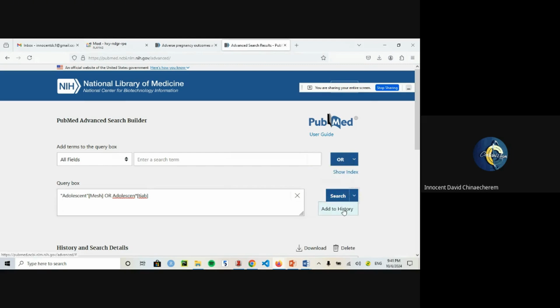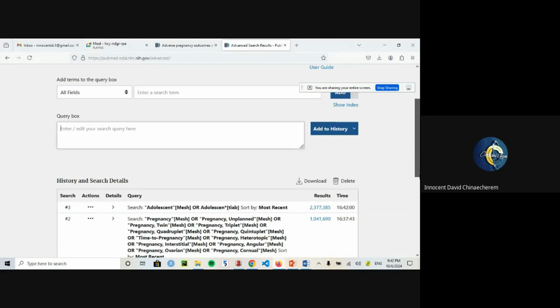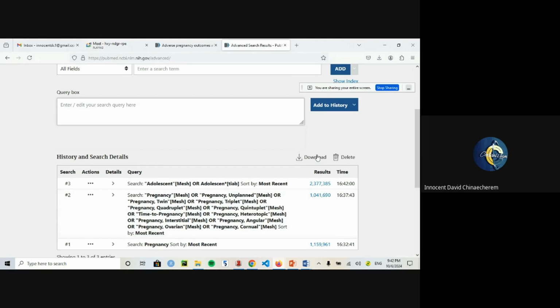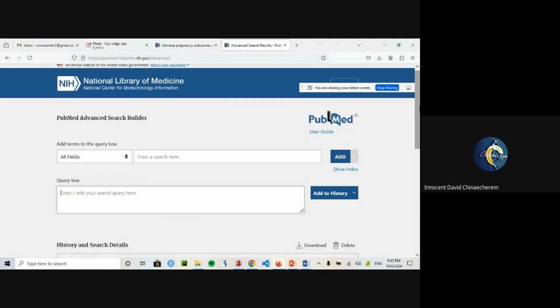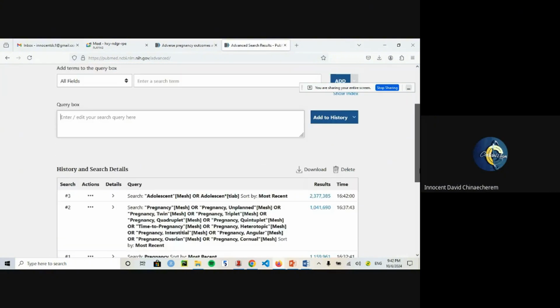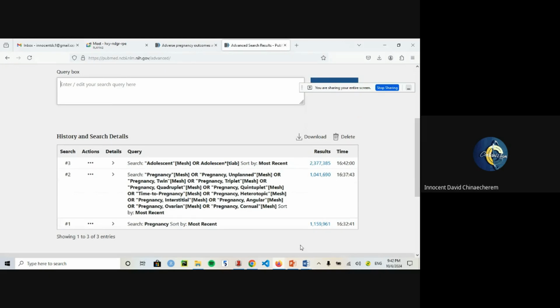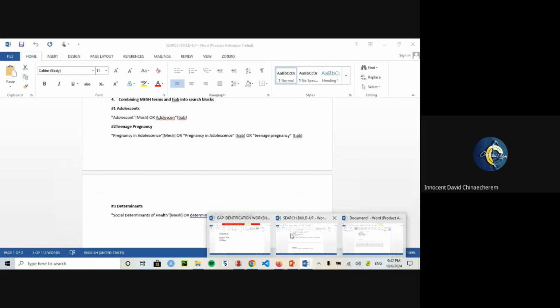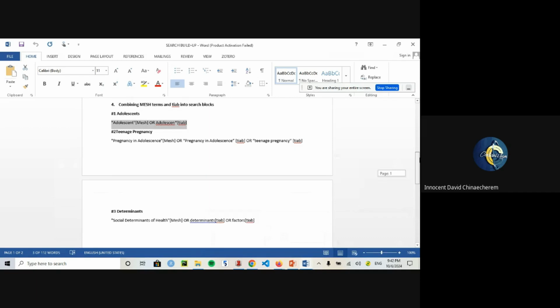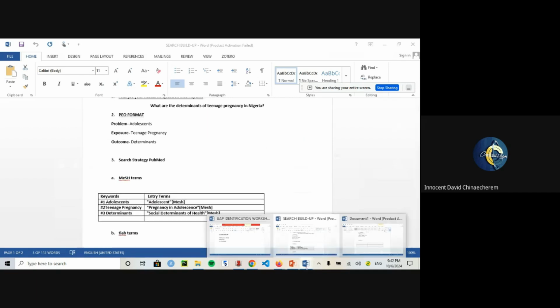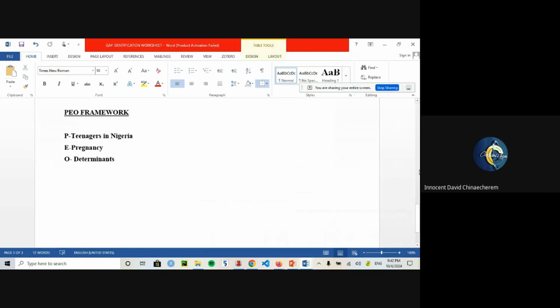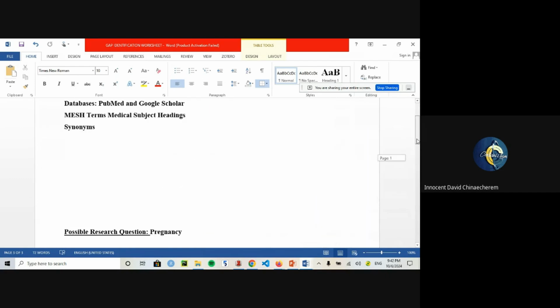So this is where we'll build our search. I'm going to explain all this. But now, what is the idea behind this session? Before I start explaining this entire search strategy, the entire idea now is that for us to be able to identify our gaps in literature, be able to record our gaps here, right?